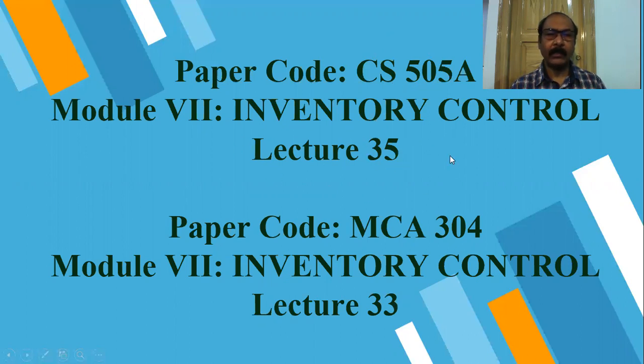In the previous class, we learned lots of definitions, costs related to the inventory. All are the definitions, what is called inventory control. Lots of definitions are there. We already learned them in the previous class. Today we learn the inventory control model, the deterministic model. There are 4 models under this deterministic model.